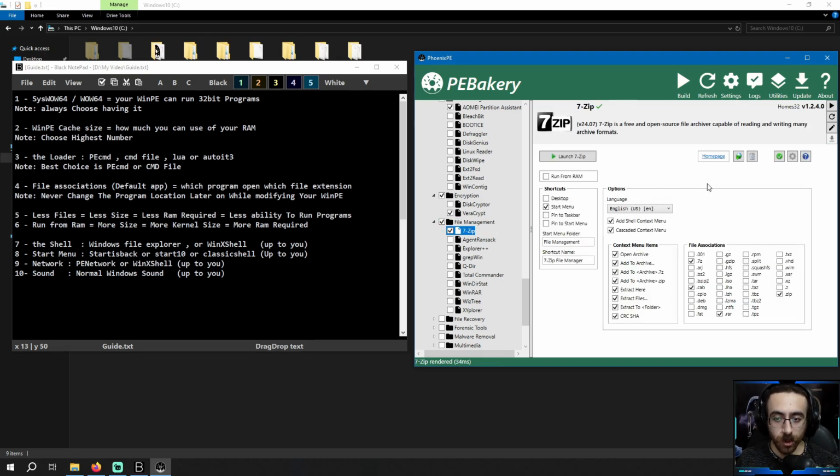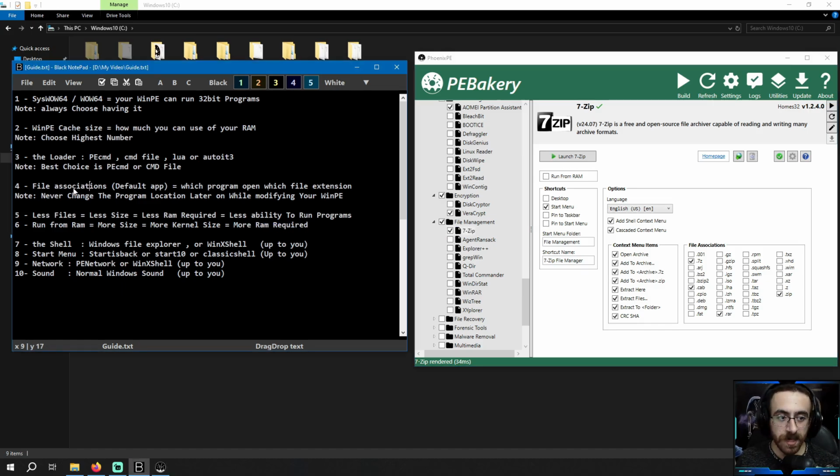Now if you look at this program, it says it will be associated with some file extensions. That is something very important. File associations mean which program opens which file types. So it means that 7-zip will open the compressed files like .7z and RAR files. Now what you need to understand, you can't